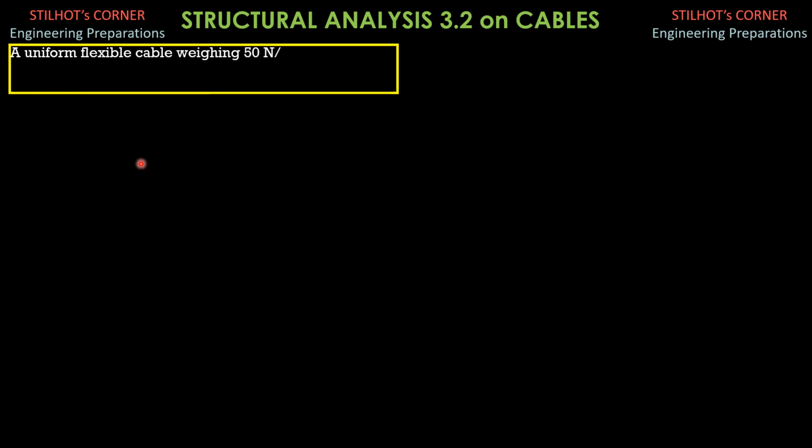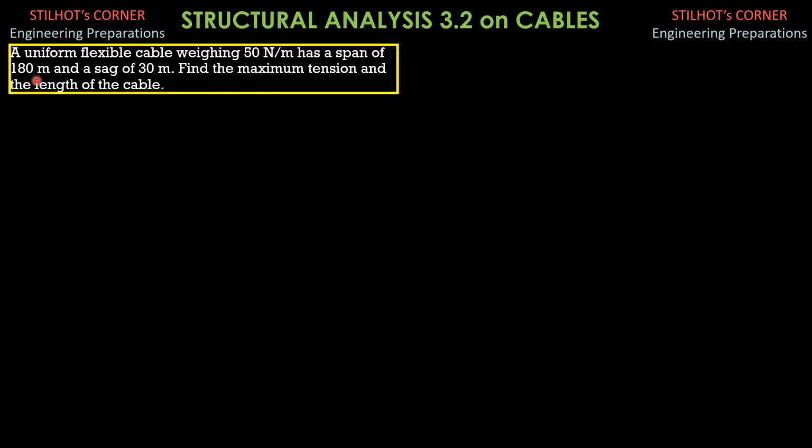A uniform flexible cable weighing 50 newtons per meter has a span of 180 meters and a sag of 30 meters. Find the maximum tension and the length of the cable. This is a very basic problem. Given the span, and of course the supports are on the same level, and the sag is given as 30 meters, it is only the value of C, the distance from the lowest point on the cable to the x-axis, that is our problem, but we can manage to solve that because the span is given and we can solve for C